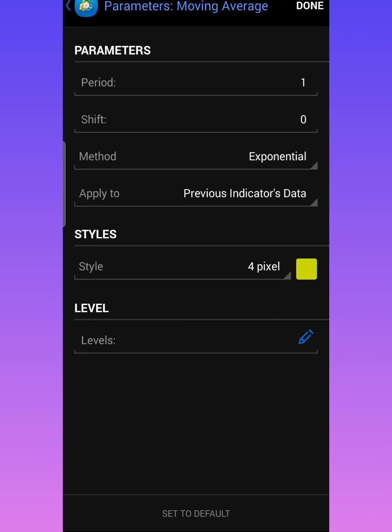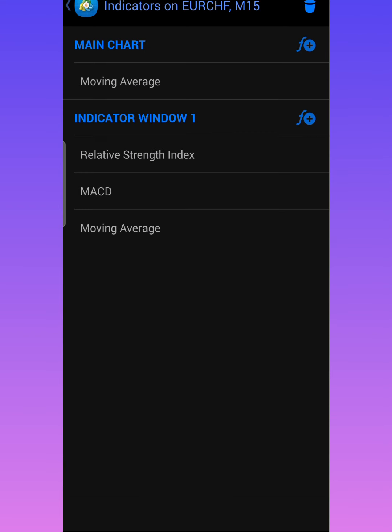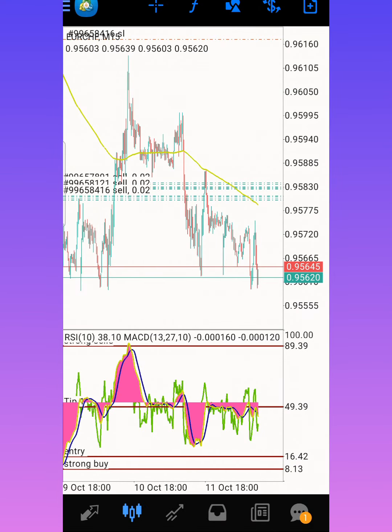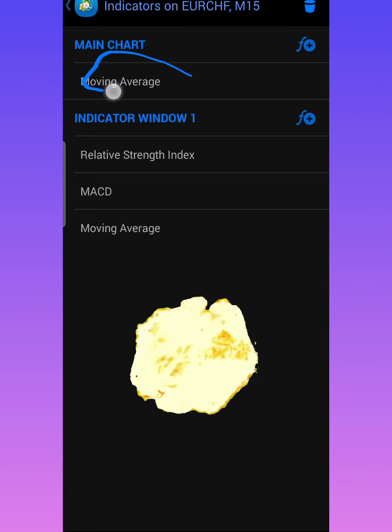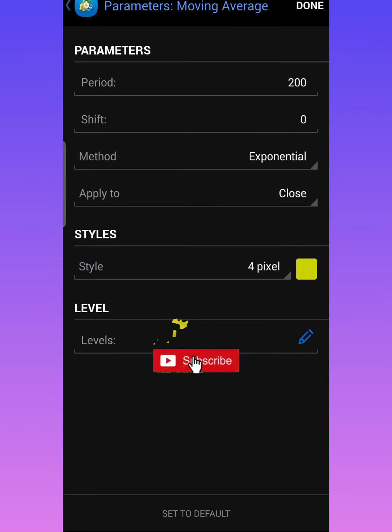And then yeah, after you've done everything, click done here, done. And then after you're done, you're gonna come back here and then click F sign again, boom. After that, you're gonna come here at main chart, click main chart, F plus right here, F price, click on it, and then you're gonna look for moving average,